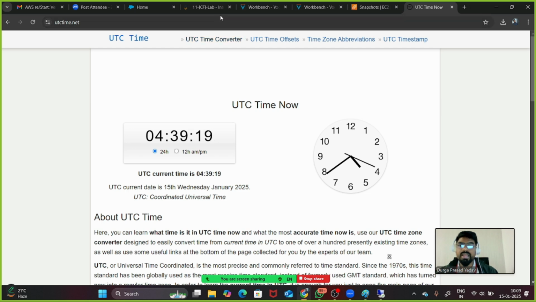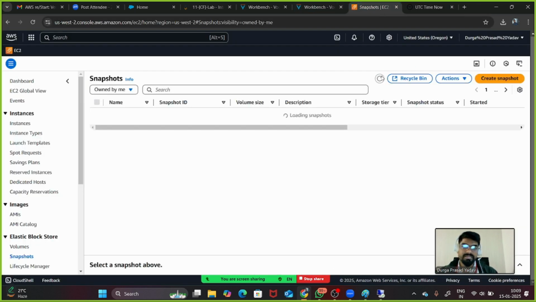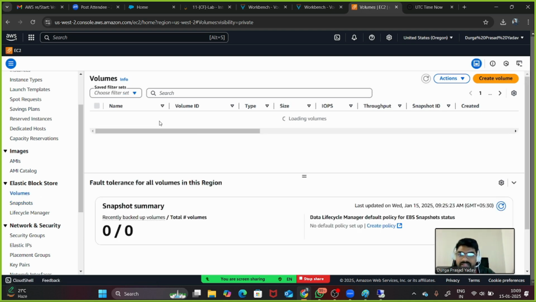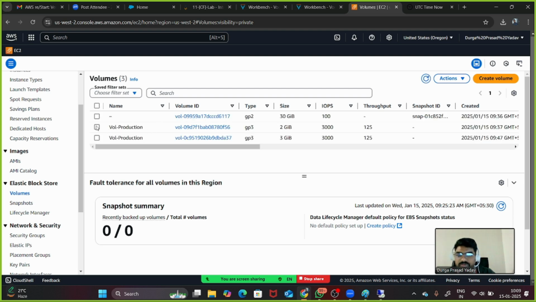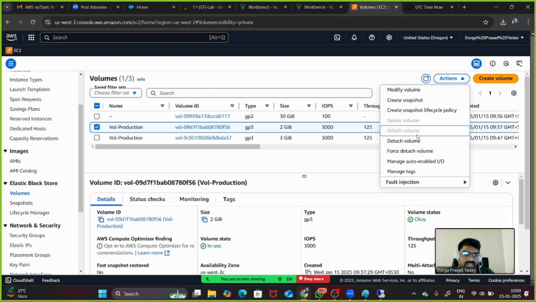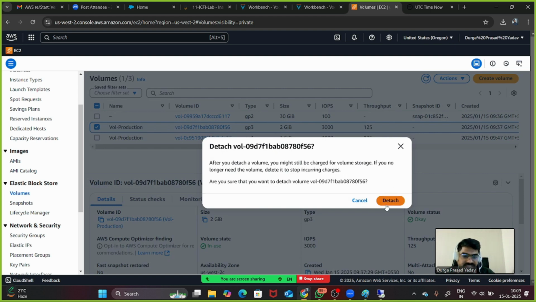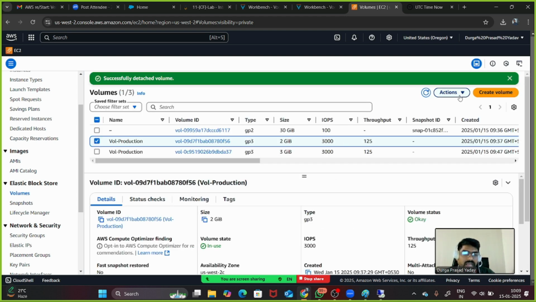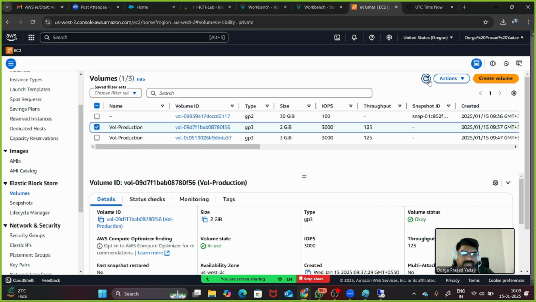And yeah, let's check the last time. No. Okay, let's leave it as it is for the next 1 hour. Just using free tier for now. It will take the backup of the volume. So if you go back and you want to delete this volume, you can delete this volume. That's not a big deal. You can first detach this, and now you can delete this volume. You have to refresh it once. You can delete this volume,